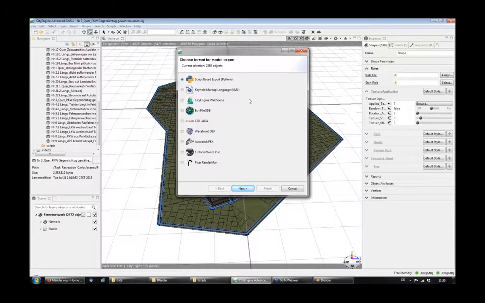Now you have different formats you can choose from. We want to export it to the Wavefront OBJ. Others might also work, but our preferred way is to use the OBJ. After that, click Next,